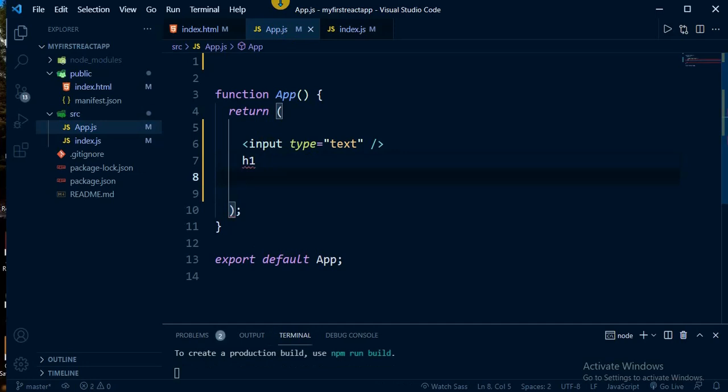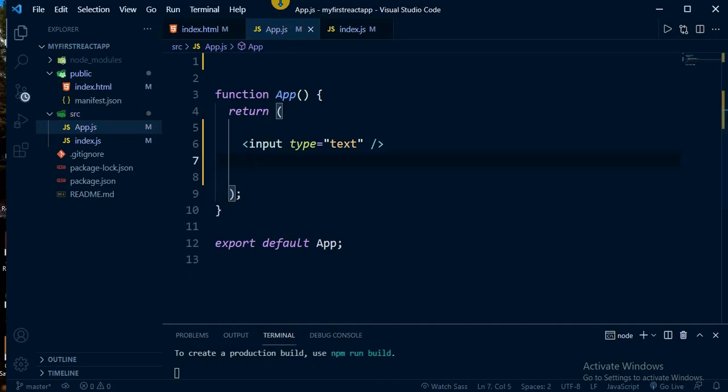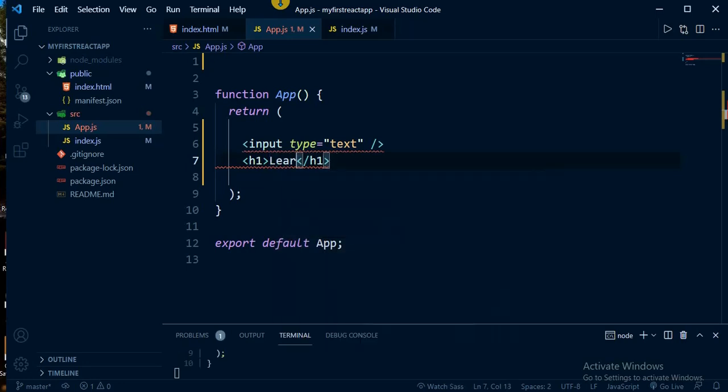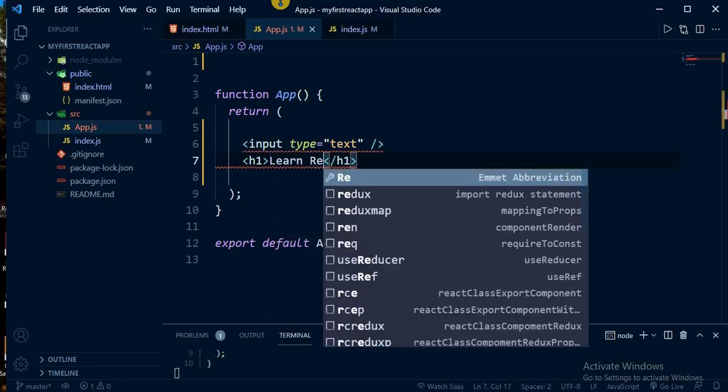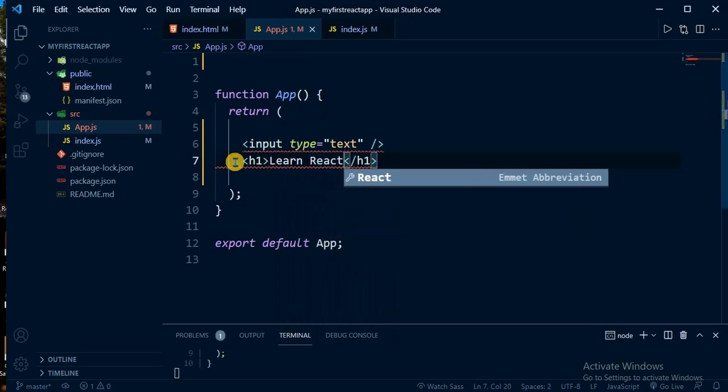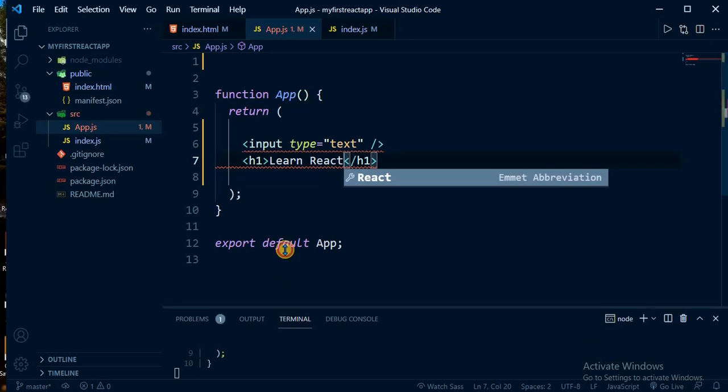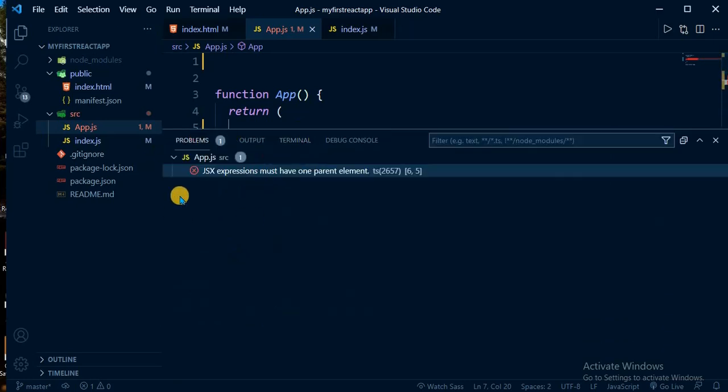As you can see, h1, let's say Learn React. Now you can see some red marks, that means we are doing something wrong. What is wrong? Let's see. If you go to the problem, you will see that JSX expressions must have one parent element.